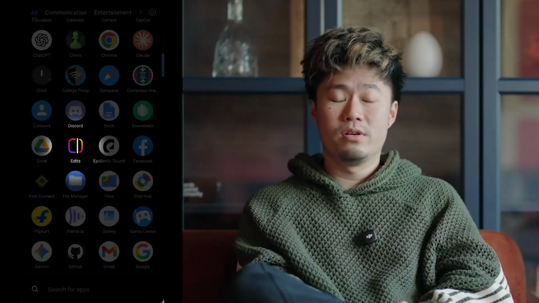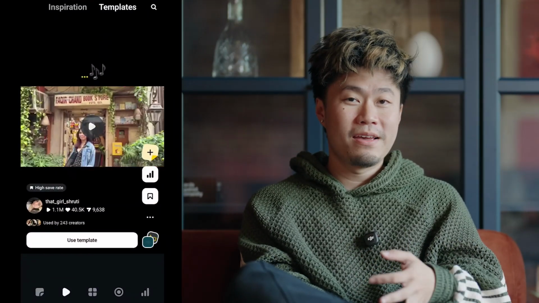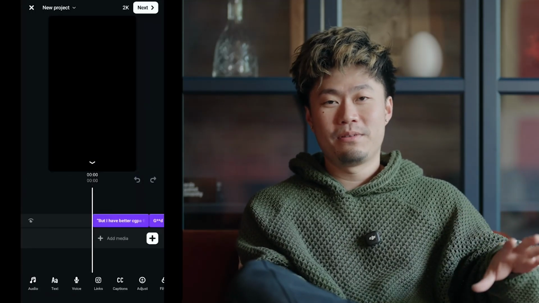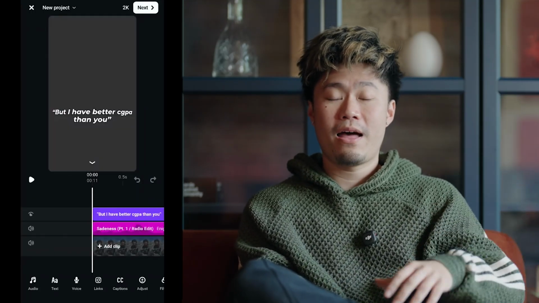Now another thing you can do is go into Edits or CapCut, look for the viral templates, or trending templates. Use those trending templates and just add your B-roll on top of that, and you call it a day. It's so easy, it's so fast. It's like 2 minutes, you make a video in 2 minutes. And that's why you can post 3 times a day, or maybe even 10 times a day if you want to, because now with trial reels, you literally can post 10 times a day.